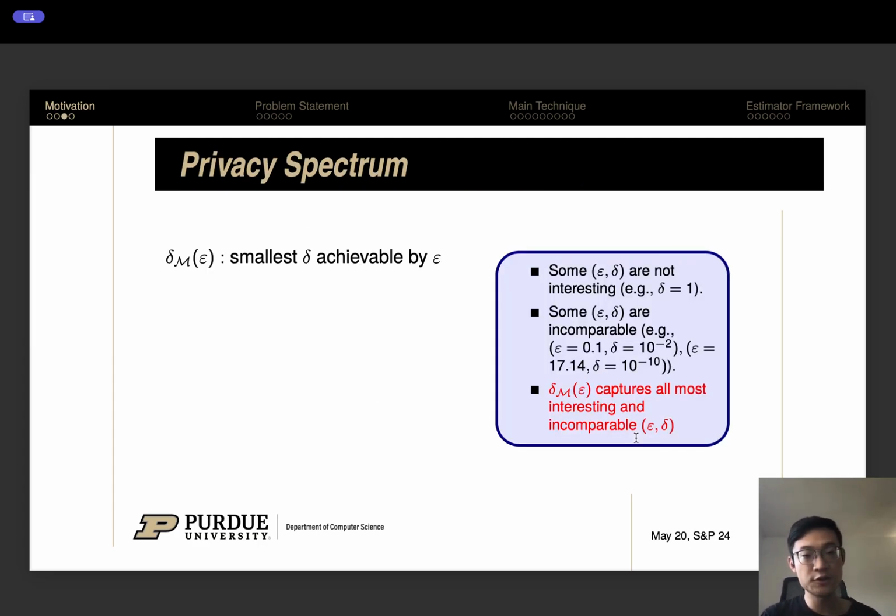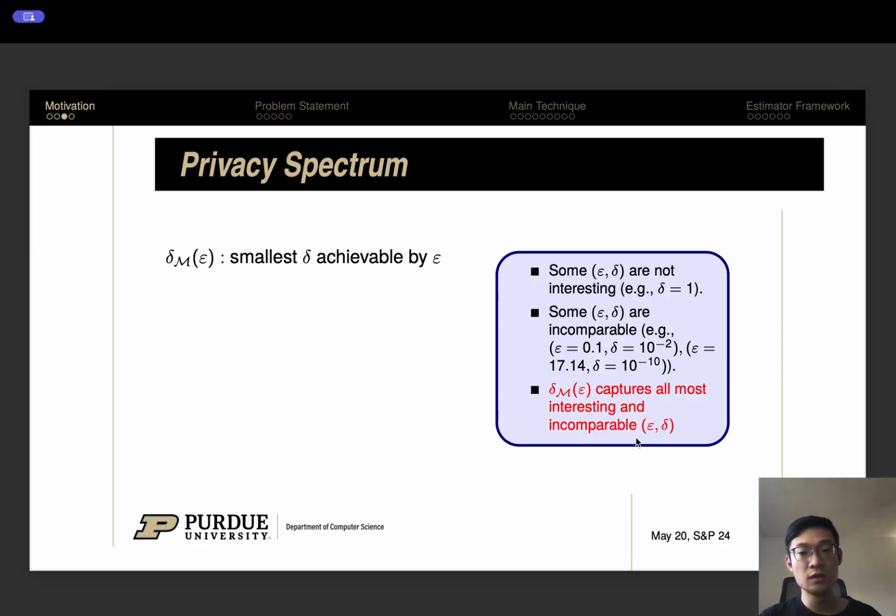So we propose the notion called the privacy spectrum to capture all the most interesting and incomparable (epsilon, delta) pairs that a mechanism satisfies. Recall that a mechanism might satisfy different (epsilon, delta) pairs, and some pairs are not that interesting. Say, every mechanism truly holds any epsilon larger than or equal to 0 and delta equal to 1. This is not interesting. And some pairs are